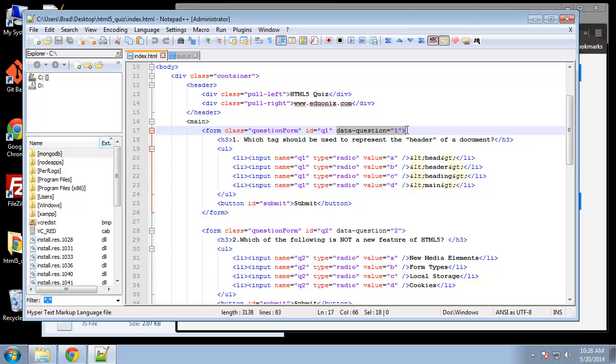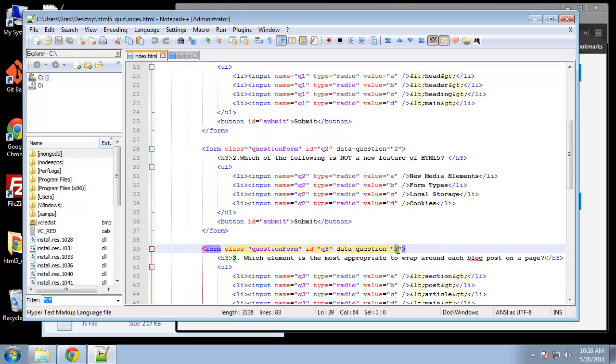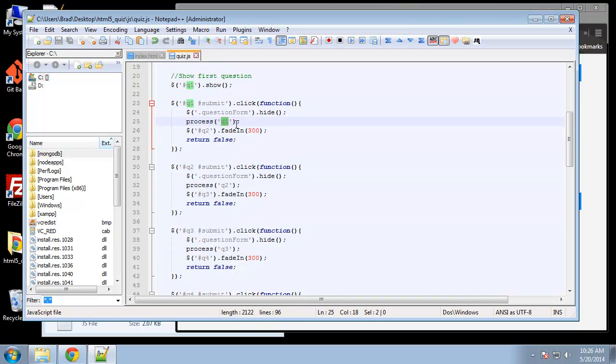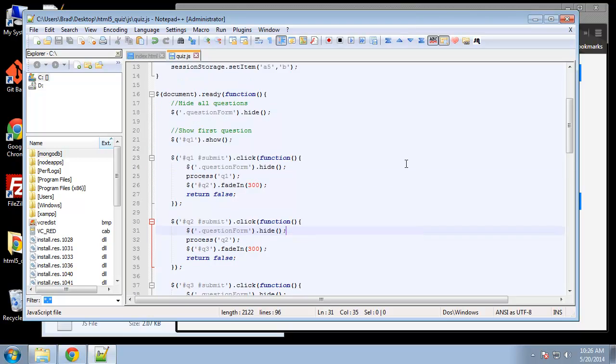Okay, we're using data question. All right, so I wanted to look at this number, this number, this number, instead of having to manually punch in Q1, Q2. All right, so let's do that. We're going to keep this how it is. Of course, we want all of our questions hidden, and then we want to show the first question, so that's fine. What I'm going to do though is